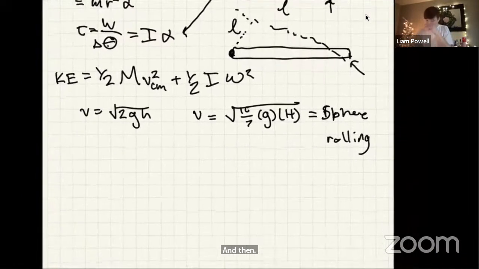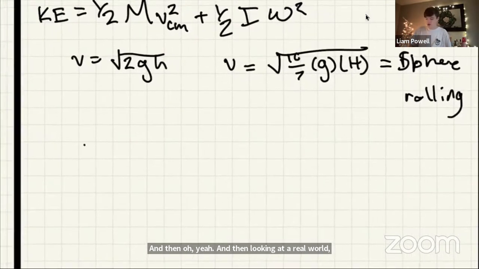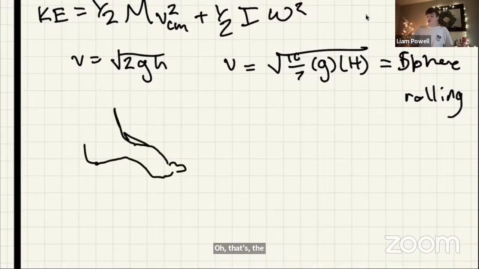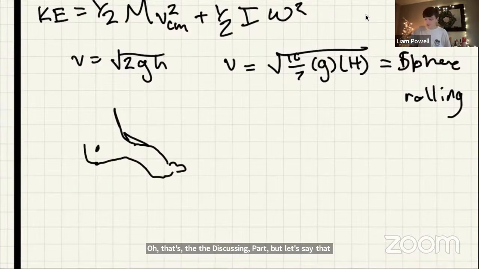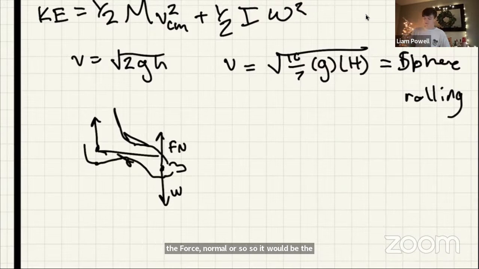Oh yeah, and then looking at a real world example really quickly, let's say we have an equation of someone's foot on the floor, someone weighs, that is a disgusting foot. But let's say that the lever arm, so there's a force, there's the ligament pulling up right there. You have the force pushing down, so the weight and then the normal force. So it would be a distance right here,